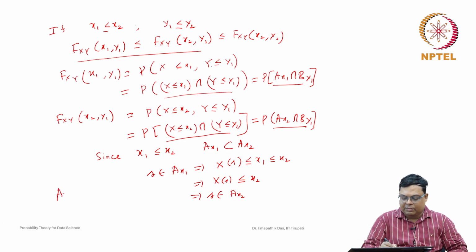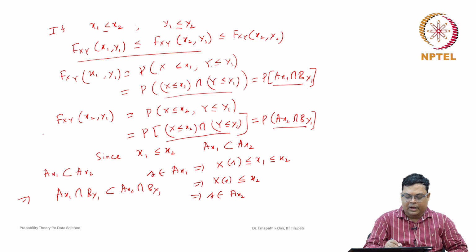Now, since A_x1 is a subset of A_x2, if you take the intersection with the same set B_y1 on both sides, we get A_x1 intersection B_y1 as a subset of A_x2 intersection B_y1. Basically, if you write this as the sample space S, this is A_x1 and the bigger set, the superset, is A_x2. Now, if you take B_y1,